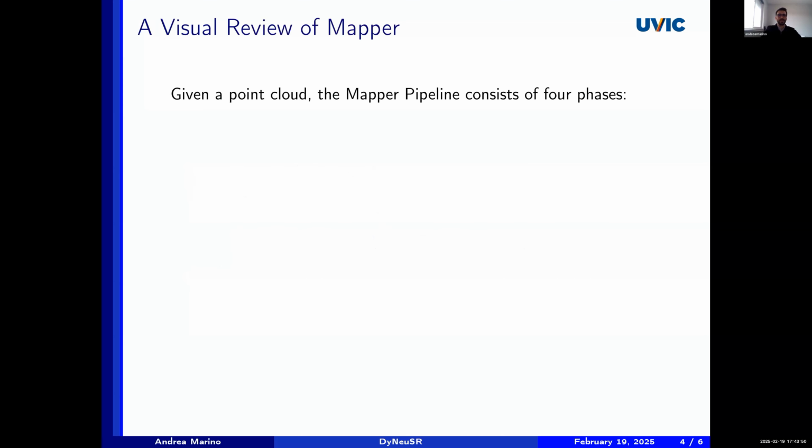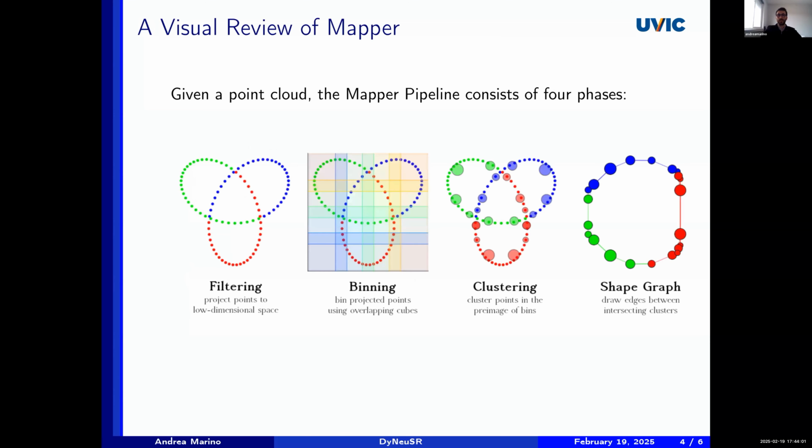So let me give a very brief review of mapper. We start with a point cloud, and we do 4 phases. So, for example, if we start with the sampling of a trefoil in the 3D space, and this is the classical tricoloration of the trefoil. First step is filtering. So we project the points to a very low dimensional space, like 1-dimensional or